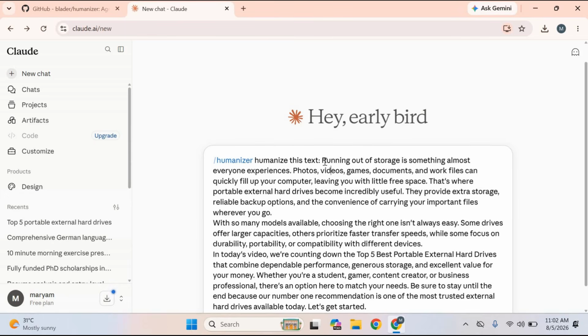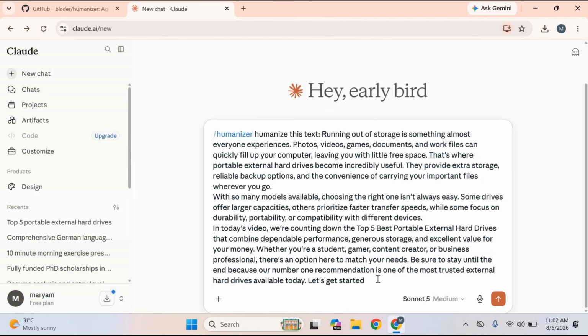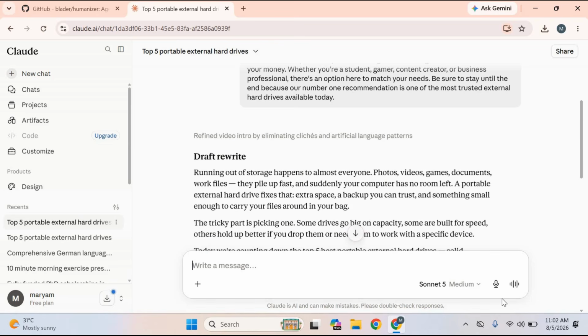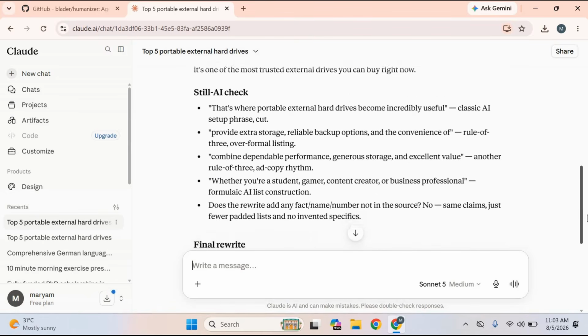This could be a blog article, an email, a product review, a YouTube script, a social media post, or any other type of text. Within a few seconds, Claude will generate a revised version that sounds more fluent, natural, and conversational. The rewritten text typically has better sentence flow, improved readability, and fewer phrases that make AI-generated content easy to